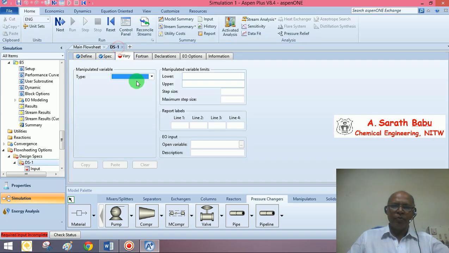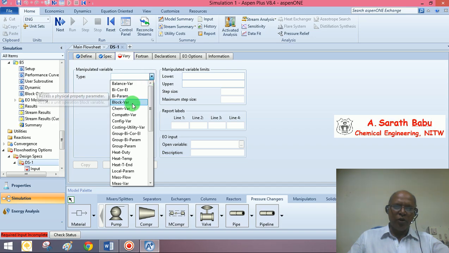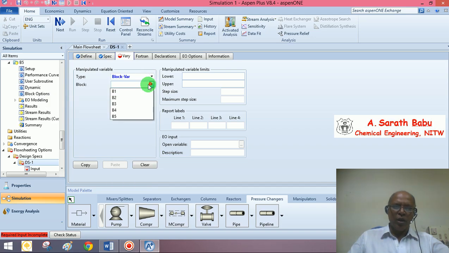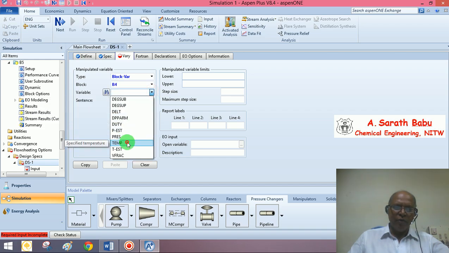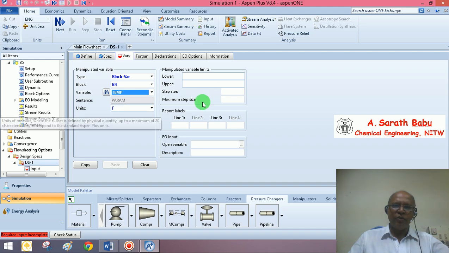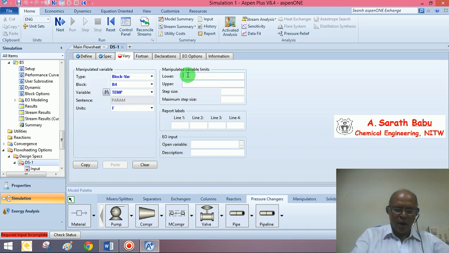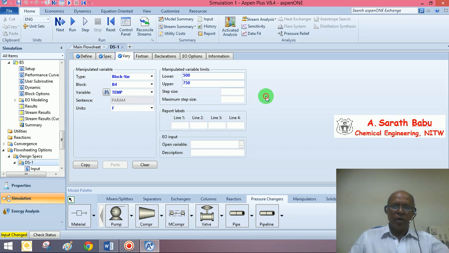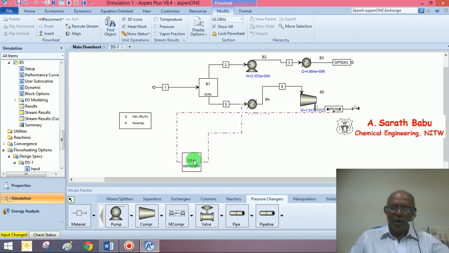Let me go back. The variable that I'm trying to vary happens to be a block variable. The block is B4, that is the heater, and the variable is temperature. Once again, you have it in Fahrenheit. So 500 is, let us say, the lower limit, up to about 750. Now we have specified the design spec. Before running, now you can see